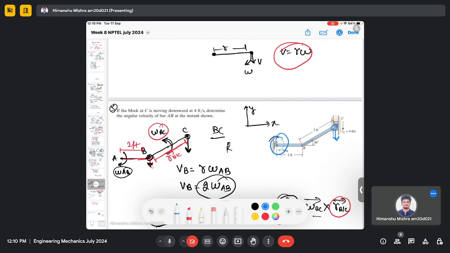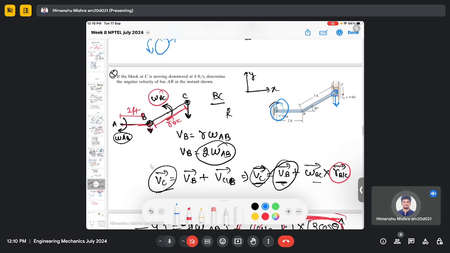The first concept is from the absolute motion that we have seen in the first three problems at the beginning of the class: if you have one member connected to other members, and you are given the velocity and acceleration of one, then how to find the velocity or acceleration of the other. We use this concept to find the velocity at joint B,